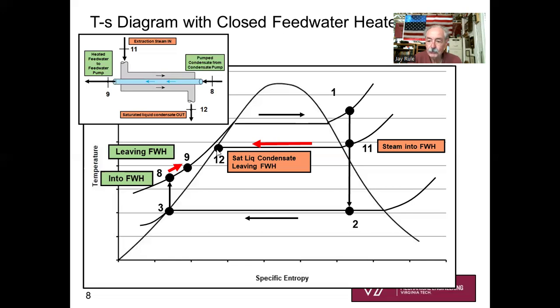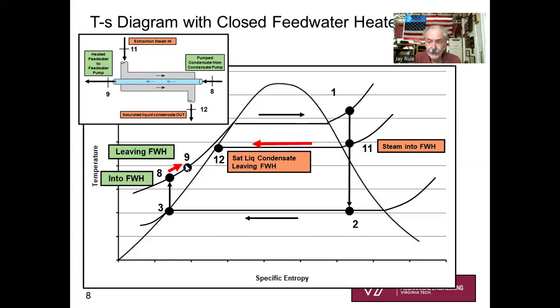Let's look at the feed water side of the heat exchanger. We're coming in, and we're going to pump up our condenser outlet to P8 so that we can pump it up later to the feed water pump. So I'm pumping up the pressure to P8, which is going to equal P9. Then I'm going to go into my closed feed water heater. So this 8 to 9 process in the compressed liquid phase represents the closed feed water heater process, heating